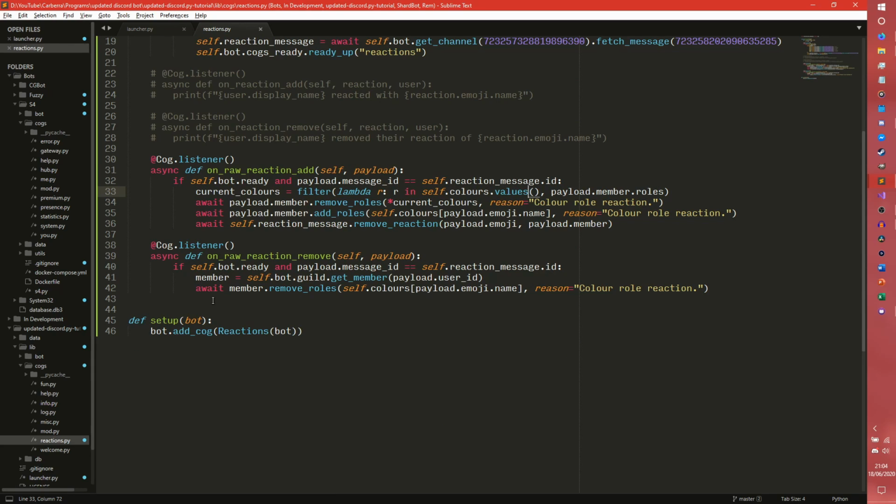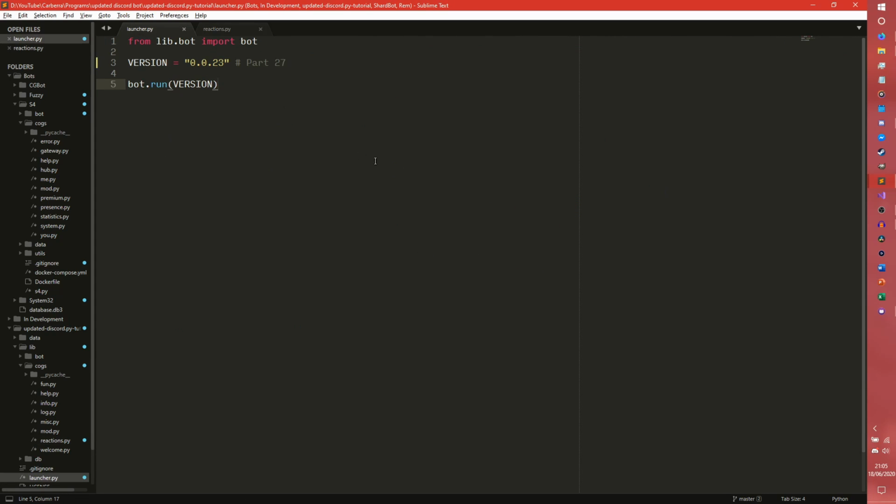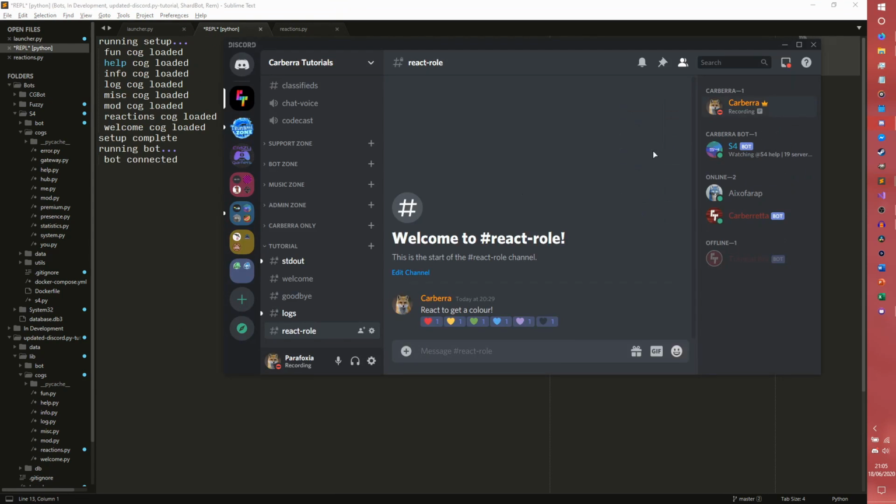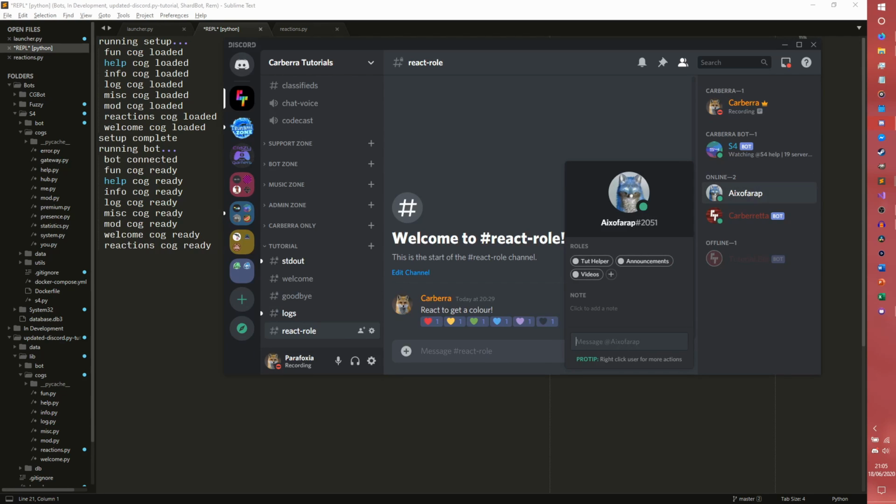Also, one that wasn't really my fault, I don't know why this is happening, but the on raw reaction remove actually needs to be removed. Otherwise it would just remove the role. I don't know why. Even checking to make sure that the user is a bot will still just remove the reaction regardless. So I don't know what's going on there. But seeing as we're just going to end up with one reaction for all of them pretty much, it doesn't actually matter that much. So we're going to go into here, load up a test account,